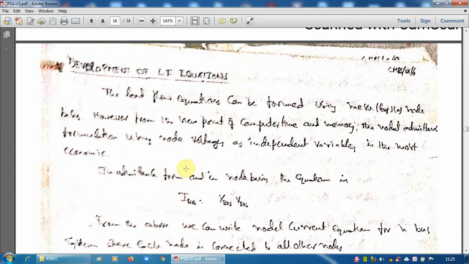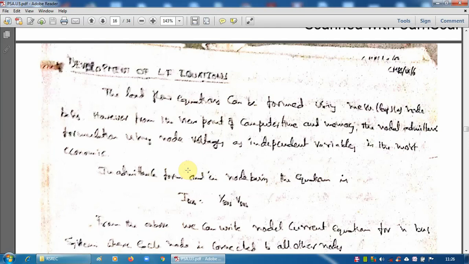So this is about the load flow solution. That means load flow analysis or power flow analysis, its need and its definition, and what is the data required to start the load flow problem. That is nothing but Y bus data and system bus information, and construction of Y bus. That is all. Next, in the next video, we will see how a load flow problem can be formulated.